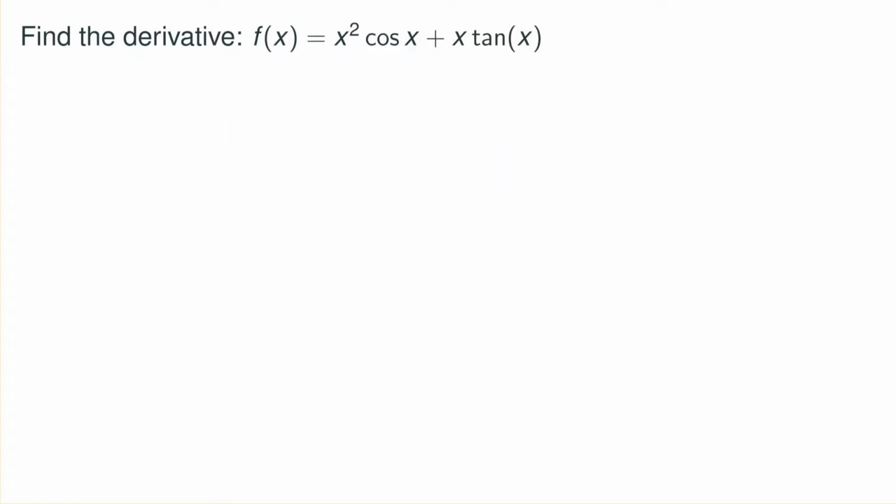Find the derivative of x squared times cosine x plus x times tangent x. So here, for each of these, we have to use the product rule to find the derivative, because these are products. X squared times cosine x, x times tangent x. So each of these is a product. So when I find the derivative of this,